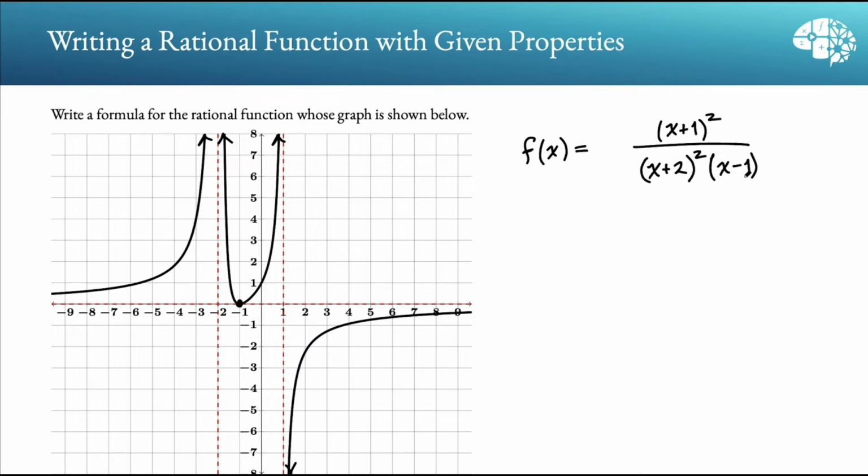Now finally, we do have this horizontal asymptote at y equals 0, which occurs when the denominator has a higher degree than the numerator, which it does here. We've got now a degree of 3 down there and a degree of 2 up there. So we've got that. However, the last thing that we have to consider is that we do have a y-intercept